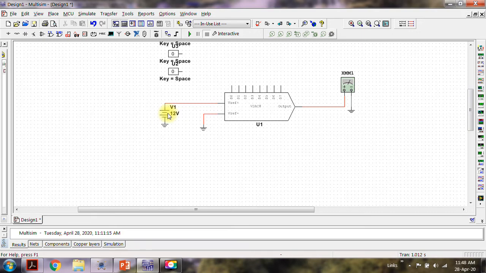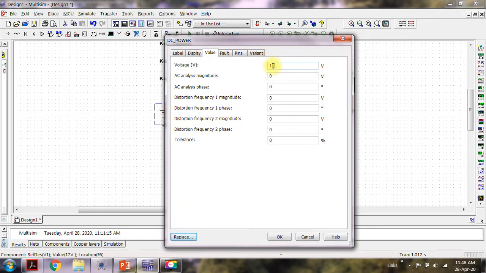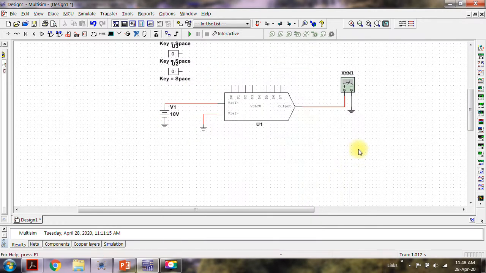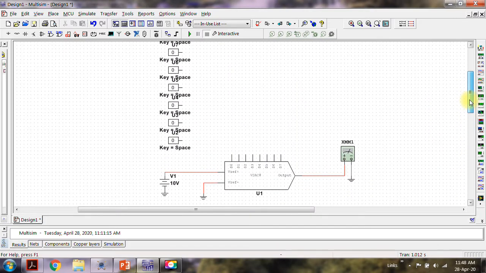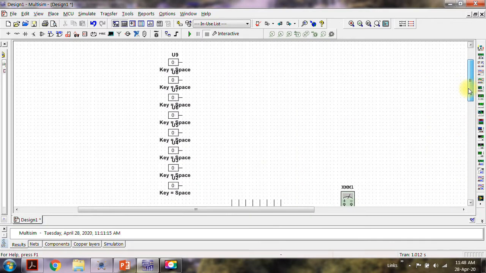Now reference I'm going to keep as 10 volts again, exactly like what we had done earlier, and then wire this up. So this becomes the LSB.